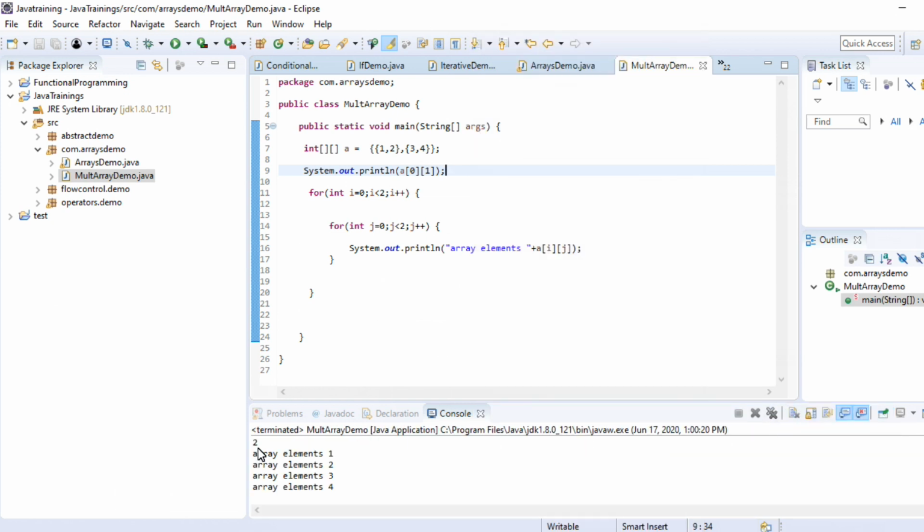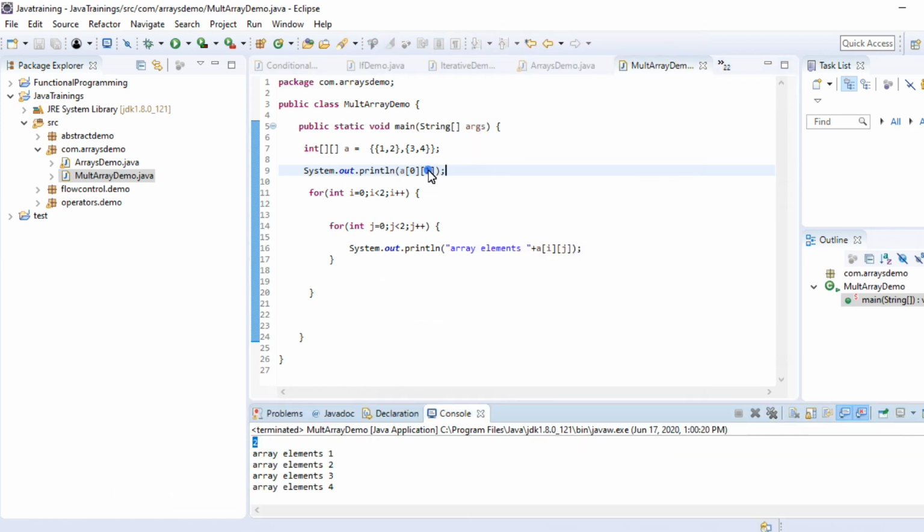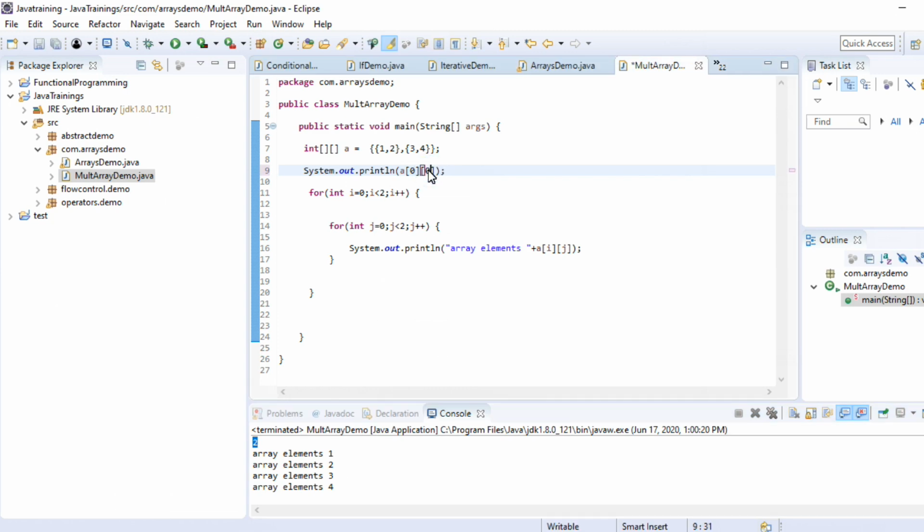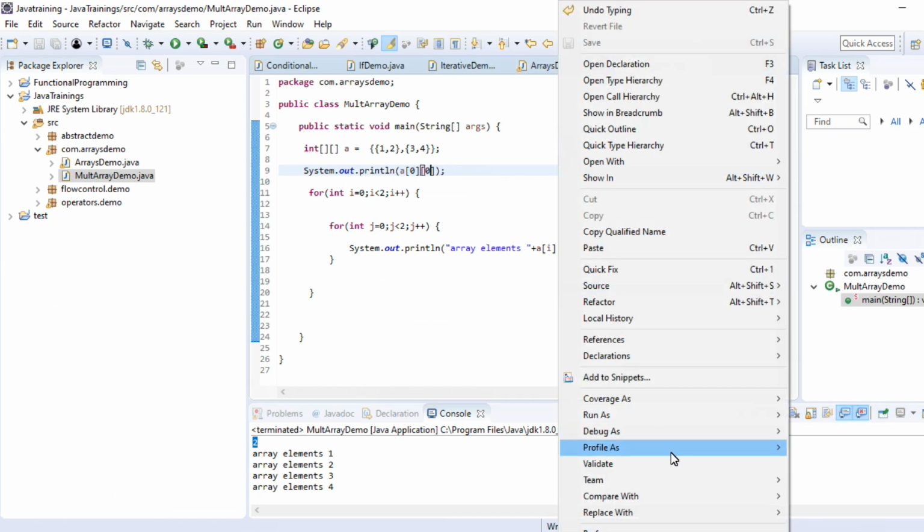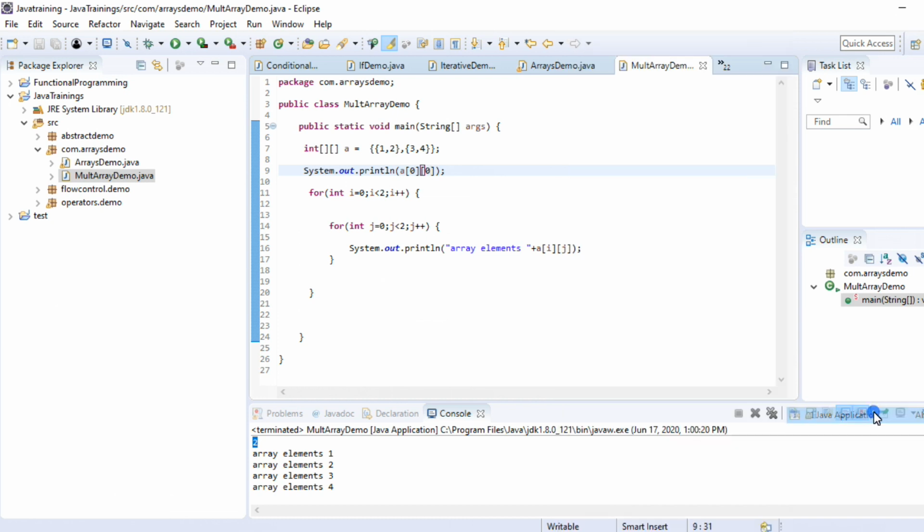See, we need 2. If you give a 0 here, then it will print 1. Why? Because the first value is 1. This is the way we can work with multi-dimensional array.